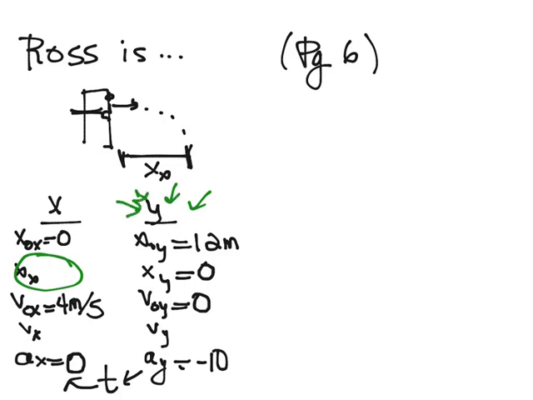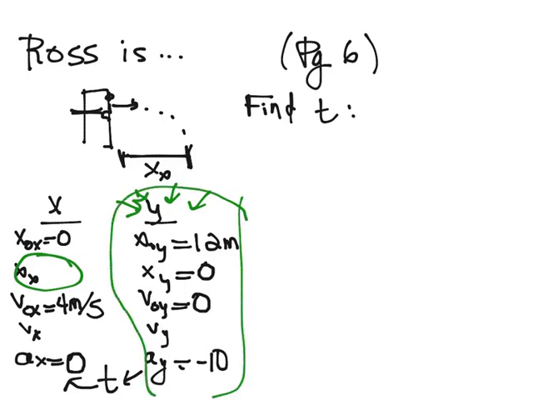So often what you want to do is see which side has enough information, solve for t, and plug it into the other side. And that's what we're going to do here. So we're finding t. Find t. And looking at my y information, it looks like I can use